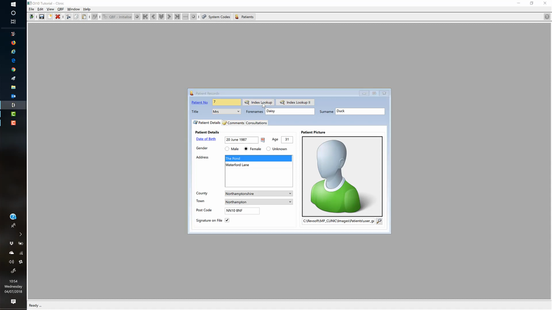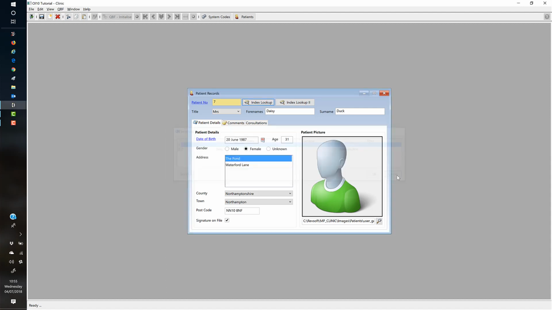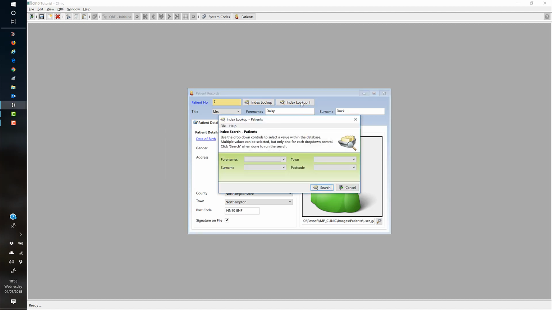Now this is great functionality, it looks great, but the only thing for me is that when I go to the lookup window, this isn't necessarily in keeping with my application. For instance, I've got an upper and lowercase ID. I can probably change that within the dictionary somewhere, but I've lost my row shading and a few other bits and pieces. So what I've done is I've created another index lookup 2, and this one launches a window